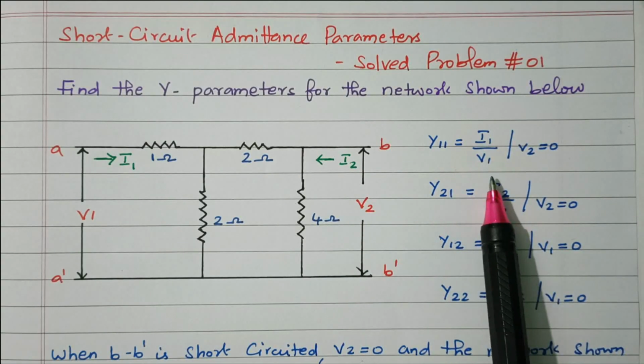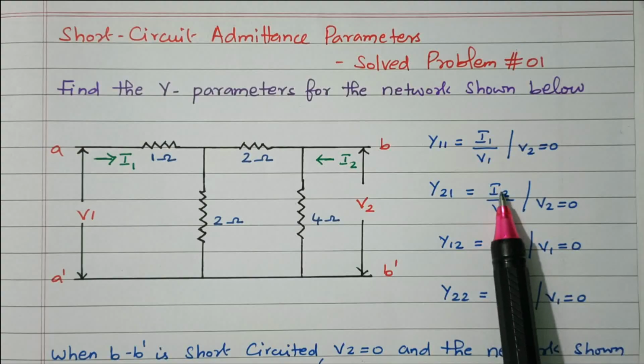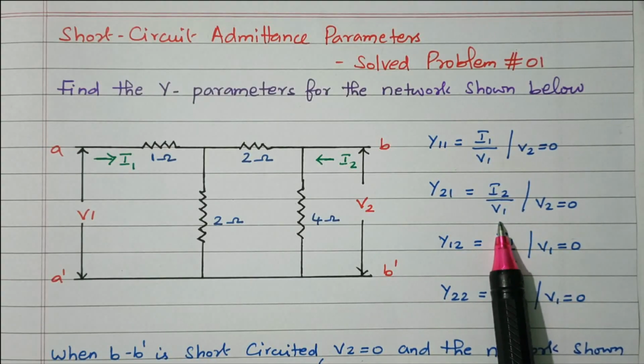I1 by V1 is called the input admittance parameter. I2 by V1 involves both input and output, so it is called a transfer admittance, forward and reverse